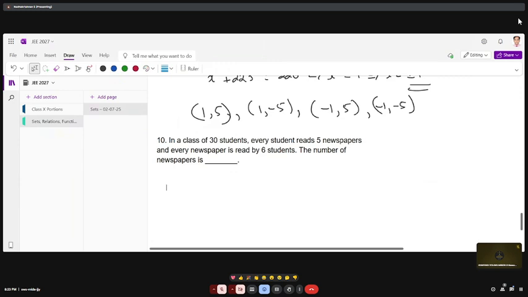The number of students is 30. Since every student reads 5 newspapers, then the number of ordered pairs,